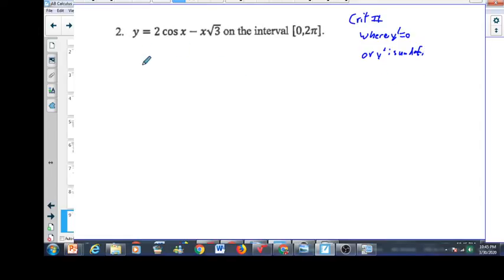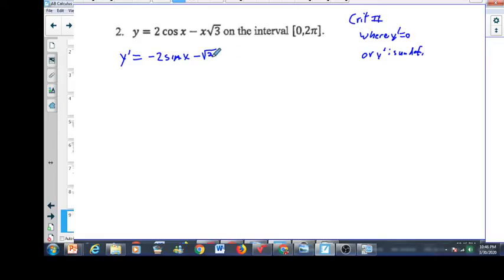Okay, so what will we do for this one? Let's take the first derivative of this. So y prime is equal to, what is the derivative of 2 cosine x? Negative 2 sine x. And I'm going to have that chat window going here, maybe even on a separate computer. And what is going to be our derivative of negative x square root of 3? That's going to be negative square root of 3. Okay? And so